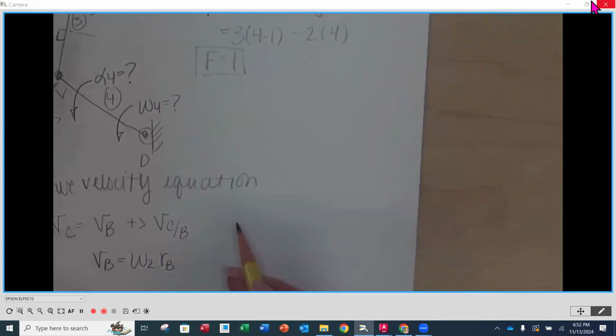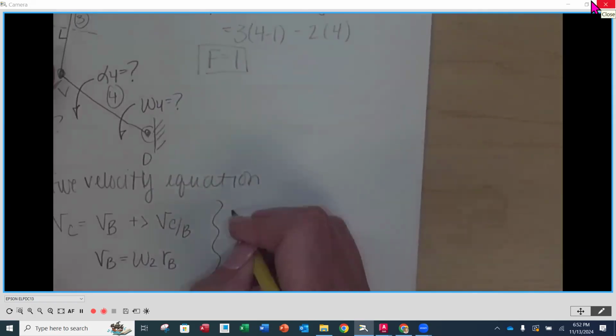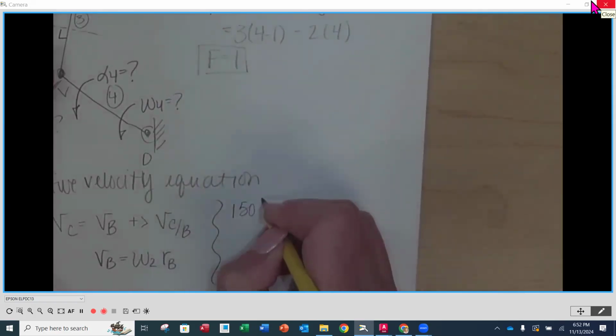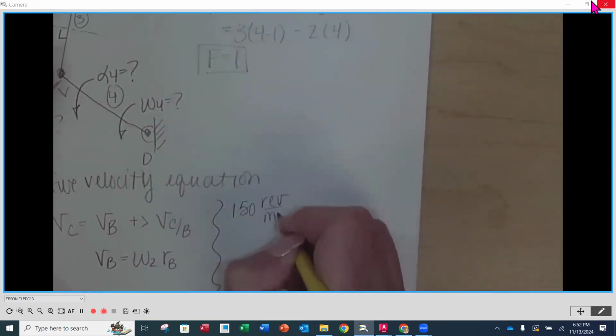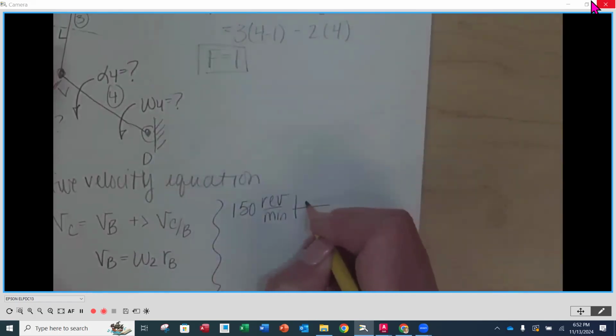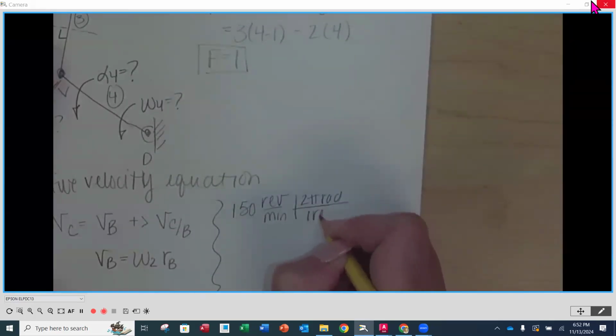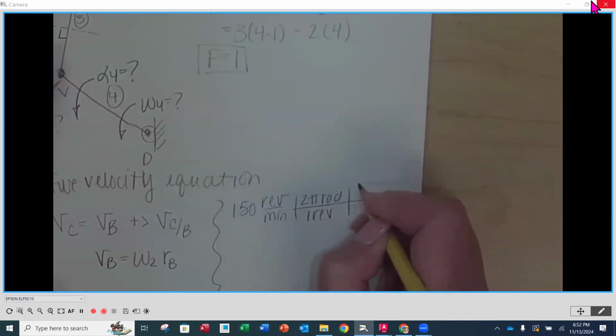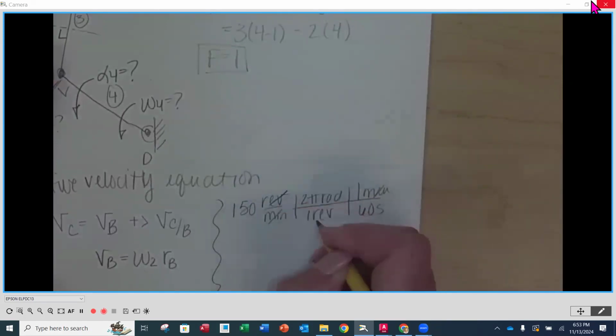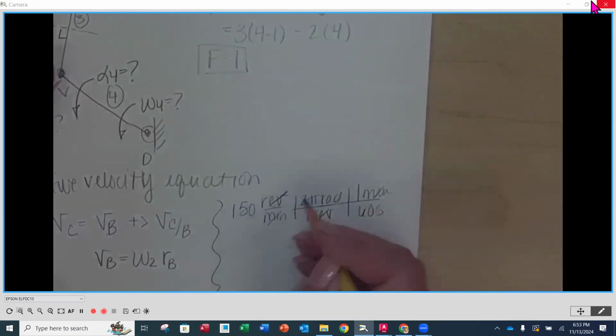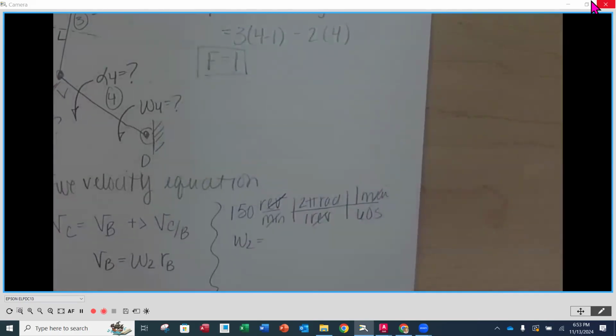So I'll do that on the side over here. I'm going to take my 150 revolutions per minute, and I'm going to convert that to radians per second. Make sure you always show the ratio method canceled out. So our W2 is going to be equal to